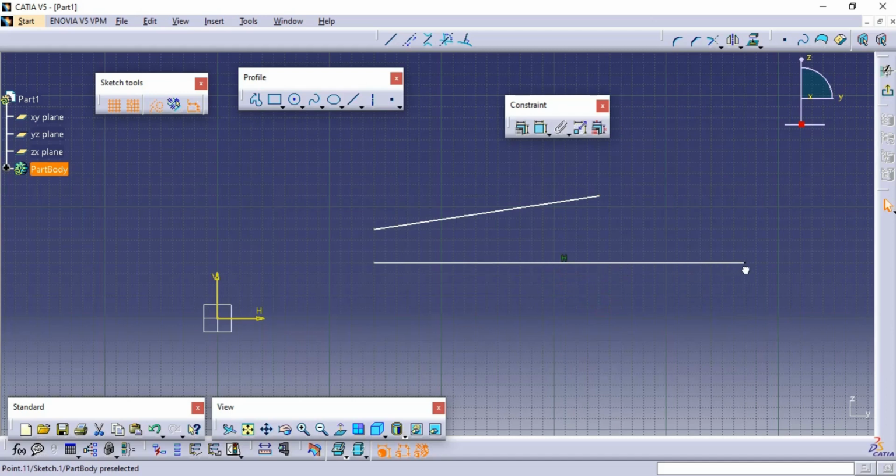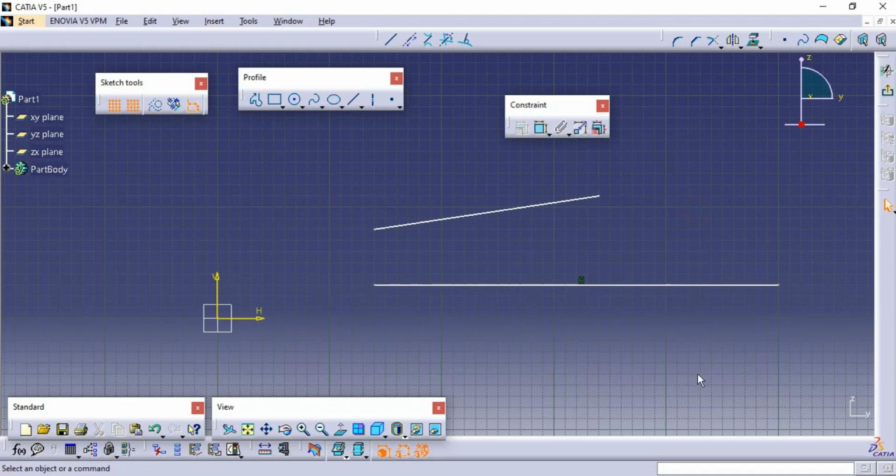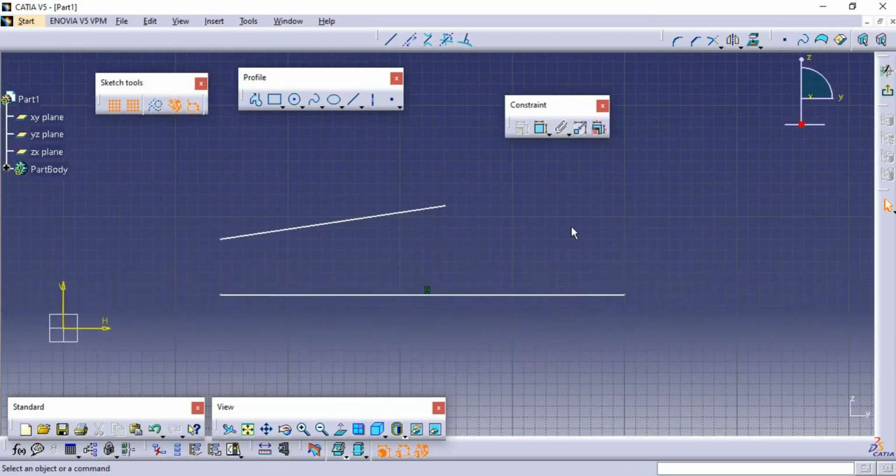This line can move in a horizontal manner, but it will not move in an inclined or horizontal to vertical manner. Okay, because this line has what? Horizontal property. And why is this property there? Due to keeping on the geometrical constraint. Okay, so this will be the difference between the geometrical constraint on and off condition.